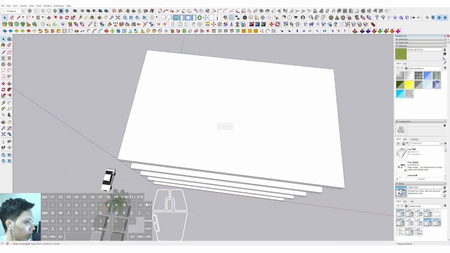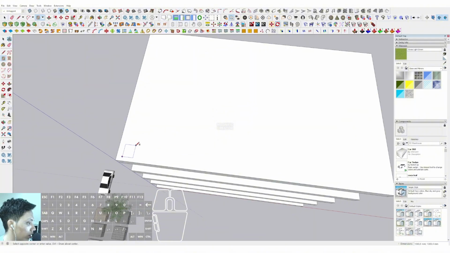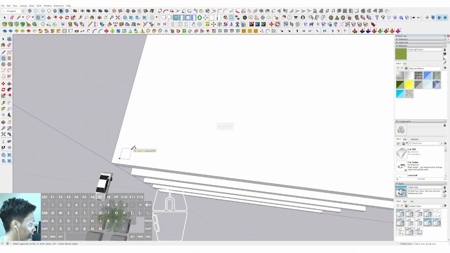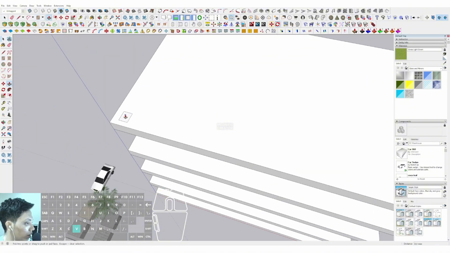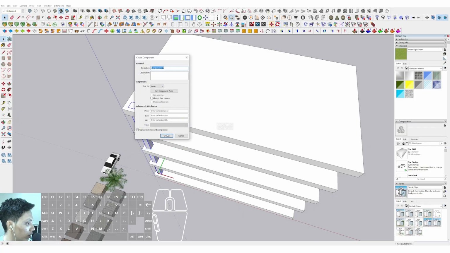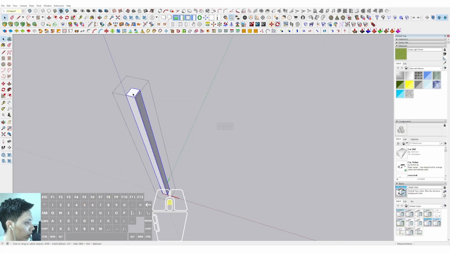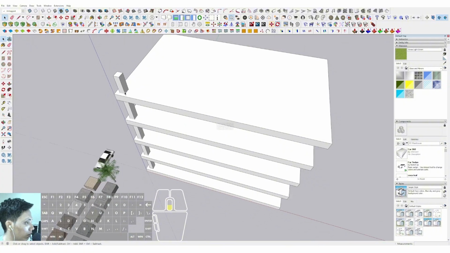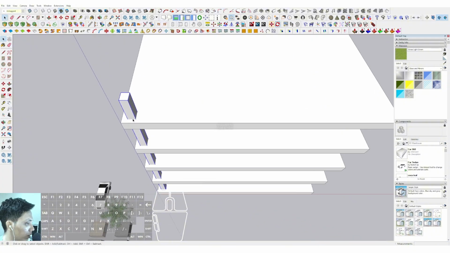Then we can select the rectangle in here, approximately 700 and 900 millimeter. Then we can push it down in here and triple click, make component, create. Okay, then we can push it up a little bit to the upper position in here, and then we can